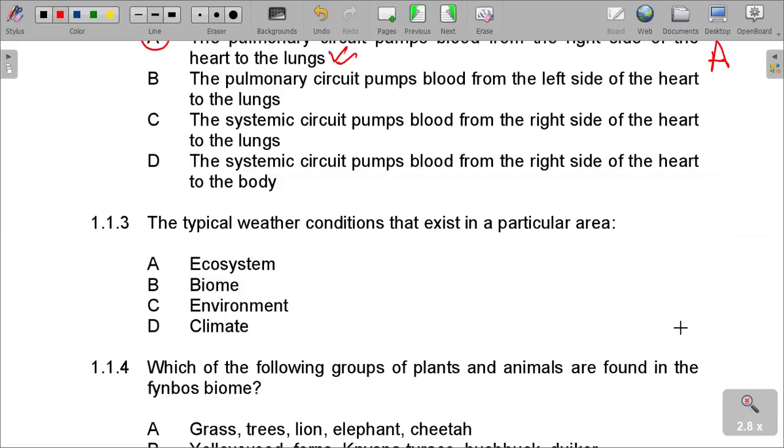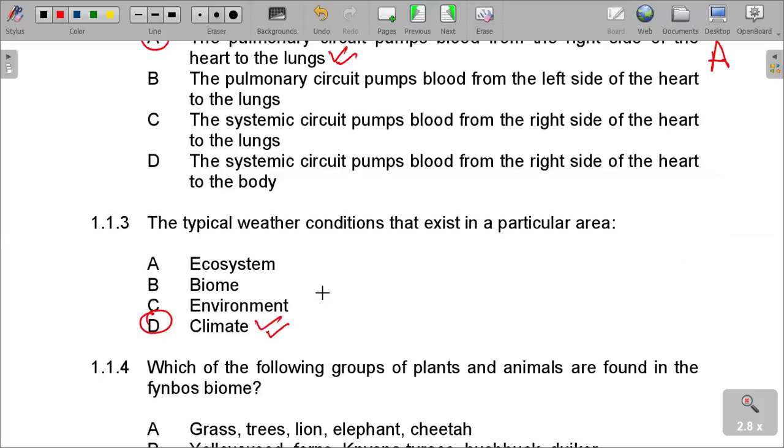The typical weather condition that exists in a particular area. What is that? The particular weather conditions that exist in a particular area. What is it called? It is called A, ecosystem, B, biome, C, environment, D, climate. Climate is the correct answer in question